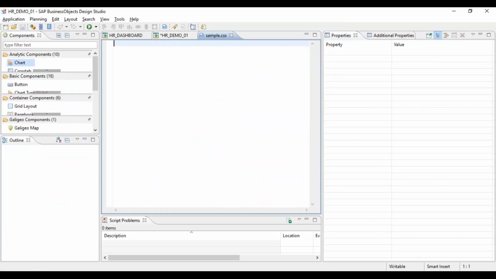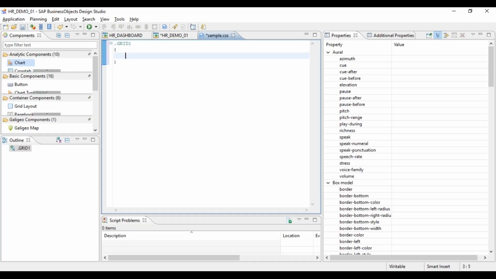For grid, how you write a CSS code is you start with a dot and give a class name. For example, we are talking about grid 1, and then you open the bracket and close the bracket. Then you write your CSS code. In 1.6 the parameters are available, and you can give their values directly here.